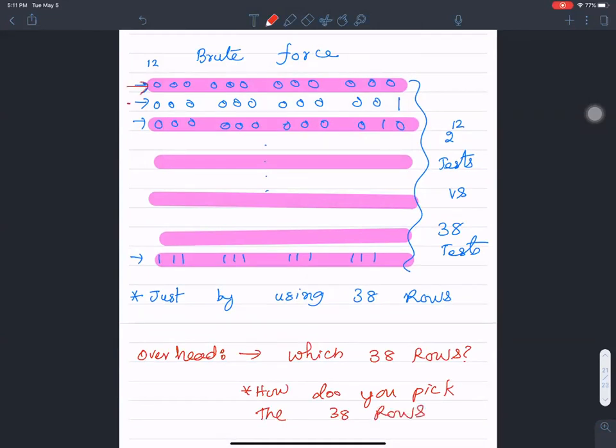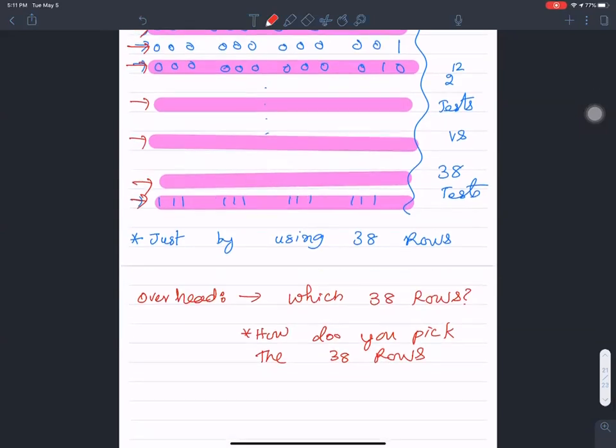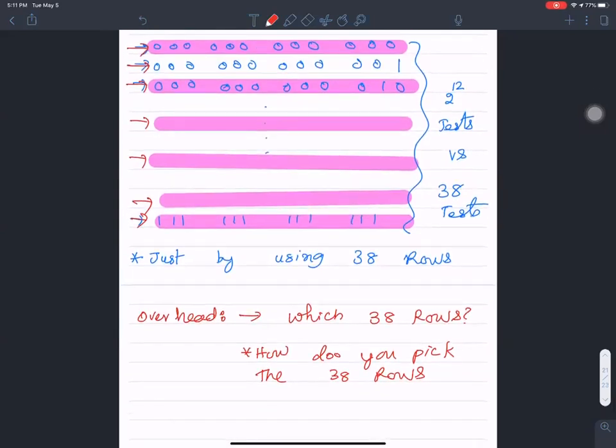Which particular rows should you pick to completely test for all the faults? In order to answer that question, you'd go about exciting and propagating for each fault, right? So this idea of answering the question of how do you pick 38 rows to test for all the faults, this process